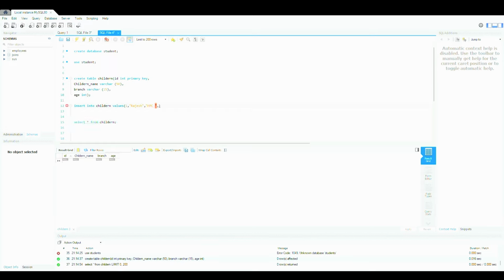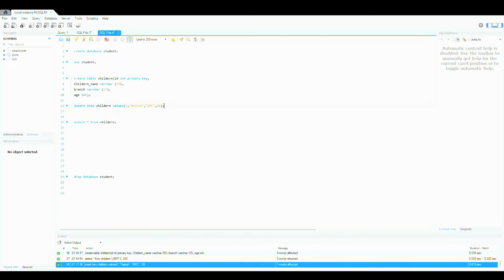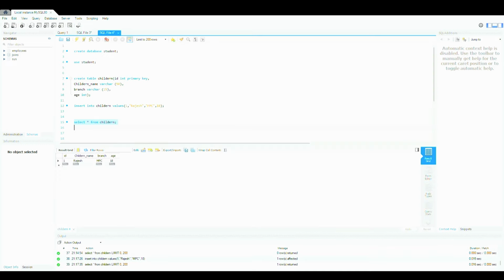And after that the age, 18. Okay, now let us run this query, and we can see like one row is affected, and now we can check whether it is created or not. We can see one Rajesh, MPC and 18. So we got to know that the table has been created and the values have been inserted into the table